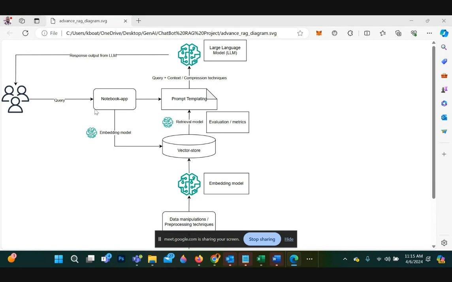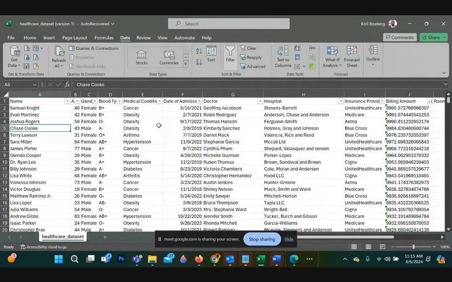For example, the user wants to know how many patients have a cancer condition, right? So as you see this column here, column E, medical condition, we have cancer, we have obesity, we have asthma.